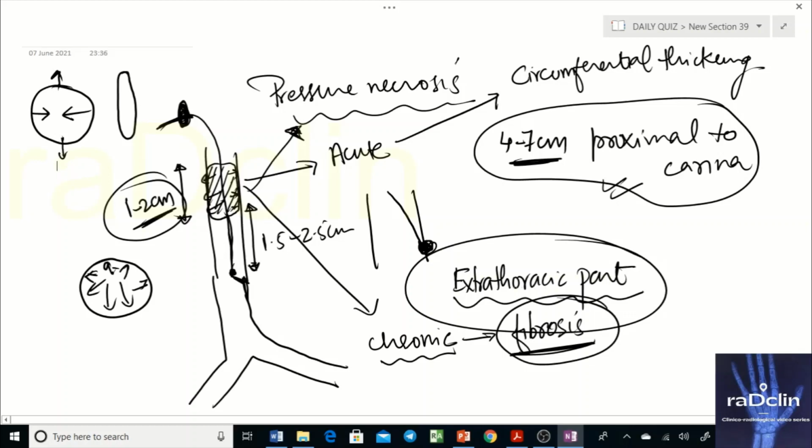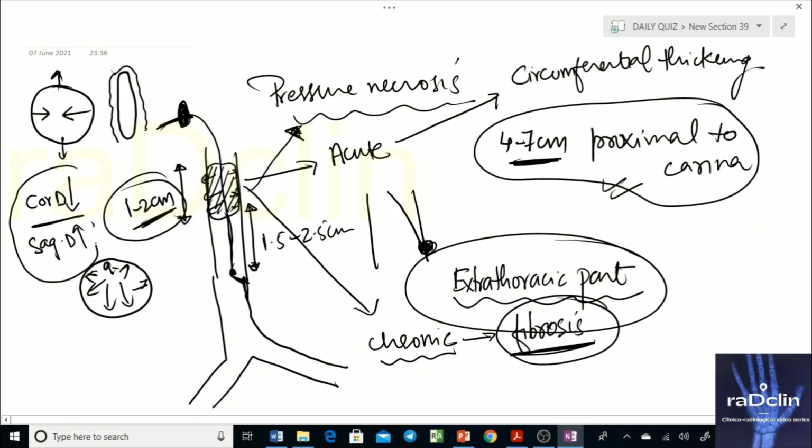So in chronic post intubation tracheal stenosis, you will not see any acute edema that you see in the acute phase. You will not see any edema or swelling in your mucosa or submucosa, but you will see a cartilage abnormality due to fibrosis. Okay, so the cartilage would be abnormal, irregular, and the shape of the trachea would be like this. If I ask you, the coronal diameter of the trachea is going to decrease, and the sagittal diameter of the trachea is going to increase.